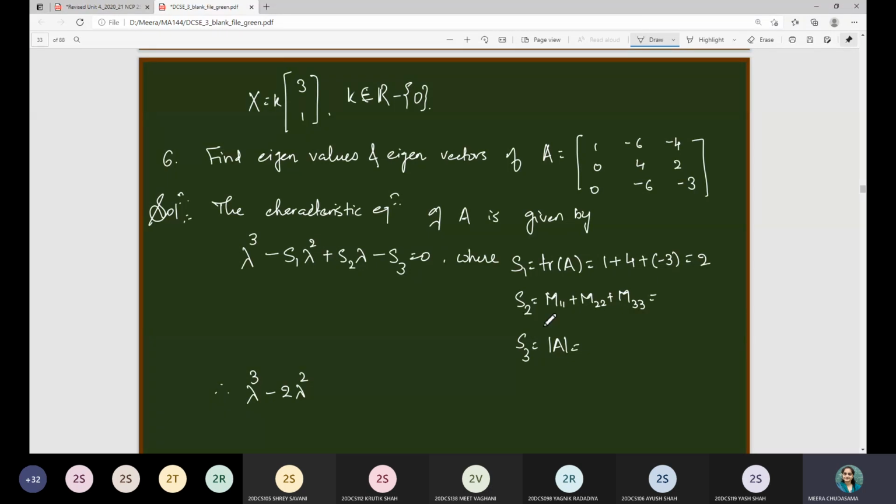What is this S2? One. Every one of you is getting it as 1? Yes, ma'am. Very good. And what about the determinant? 0. Zero. Because if you find the determinant according to this column, M11 is 0, so that's why the determinant will also be 0, right?